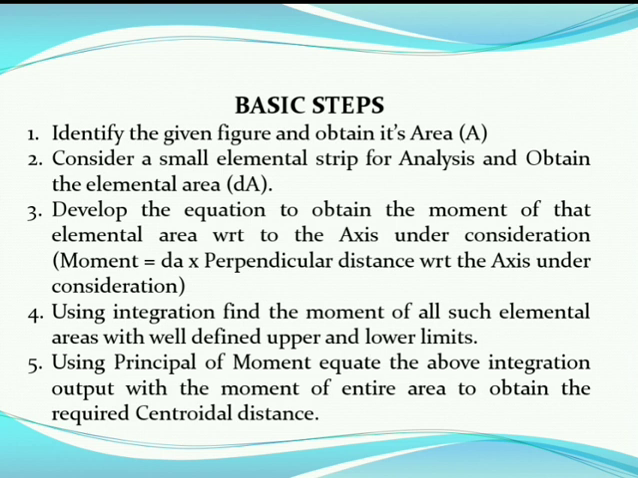Then next, in the fifth step, we use the principle of moments. What does the principle of moments say? The moment of all the elemental areas about any axis is equal to the moment of the entire area about the same axis. We use this principle to obtain the required relationship. So it's just a 5-step procedure, more of common sense and basics which you have studied at school level,